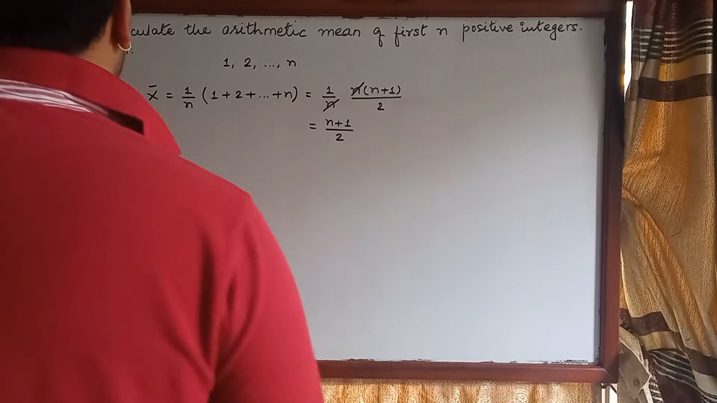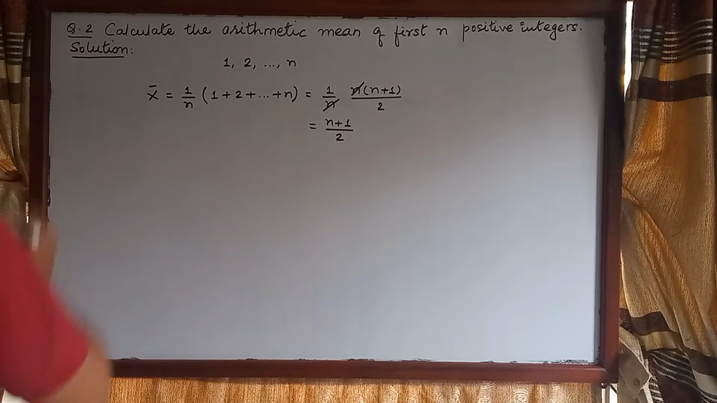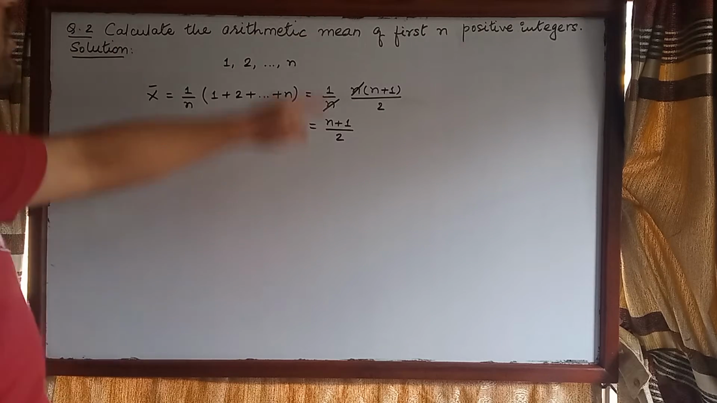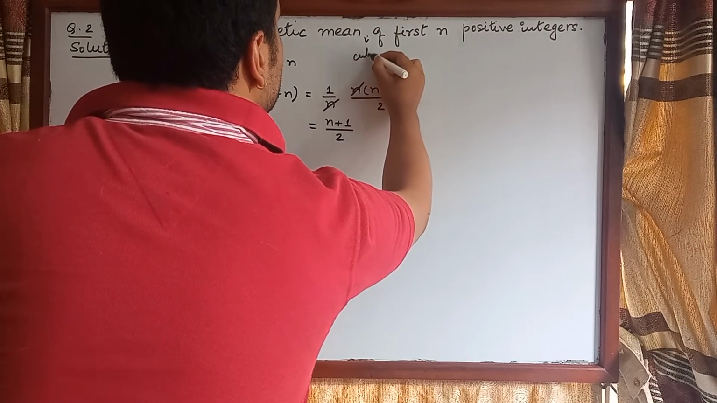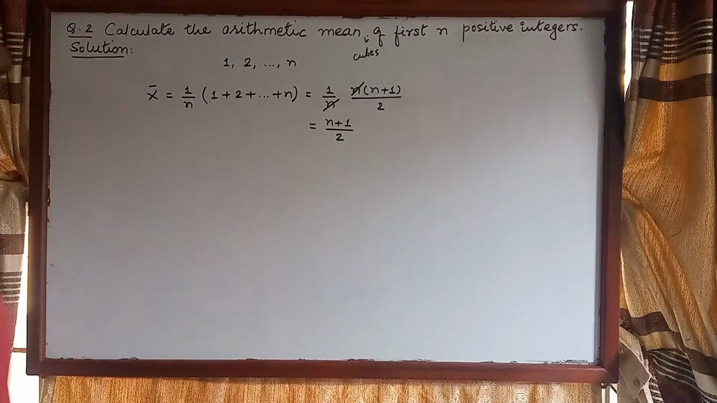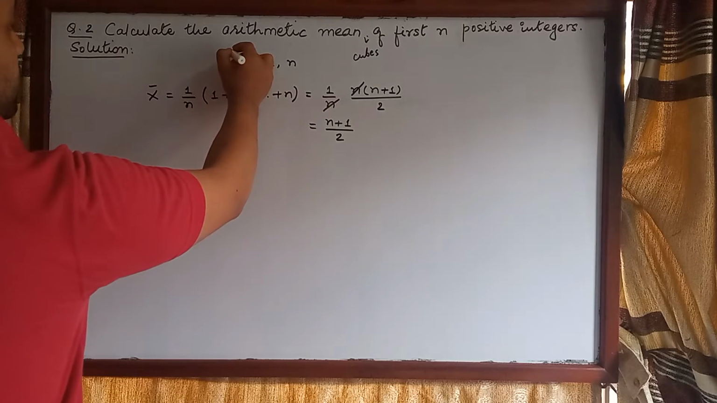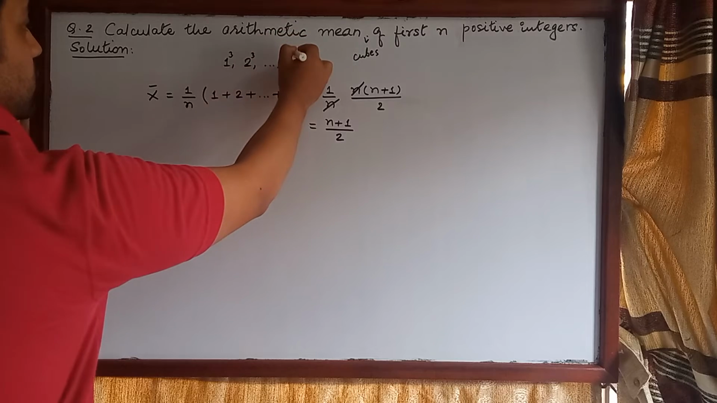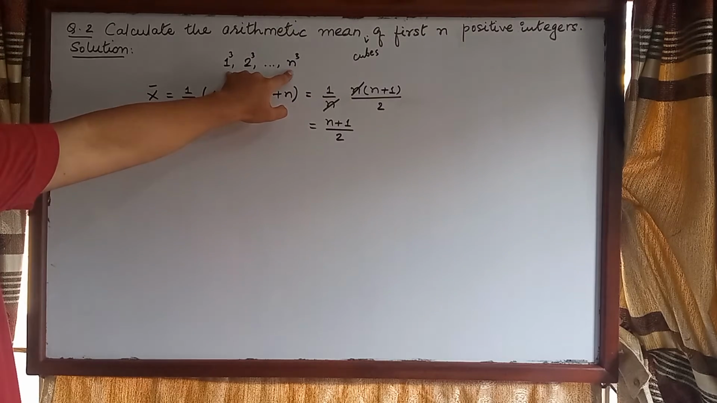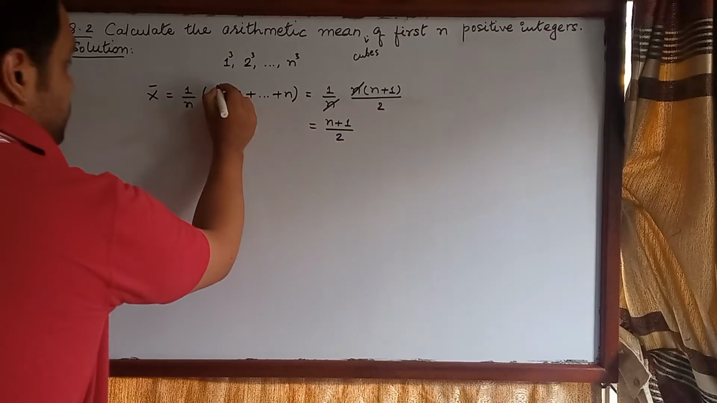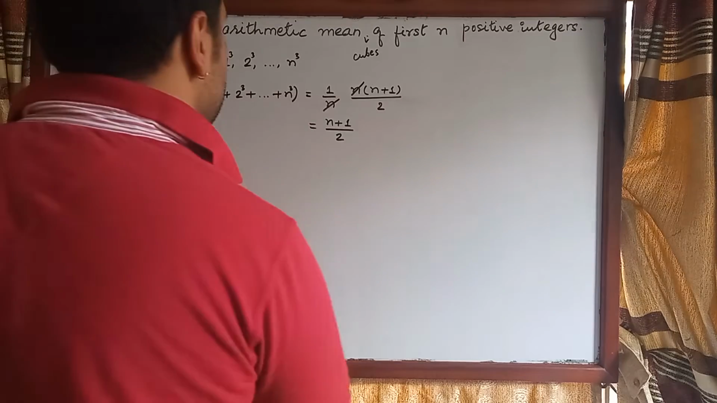Okay, now what if we have to calculate the arithmetic mean of cubes of first n positive integers? Then we need to find the arithmetic mean of these observations. Okay, so this will be something like this. All right,